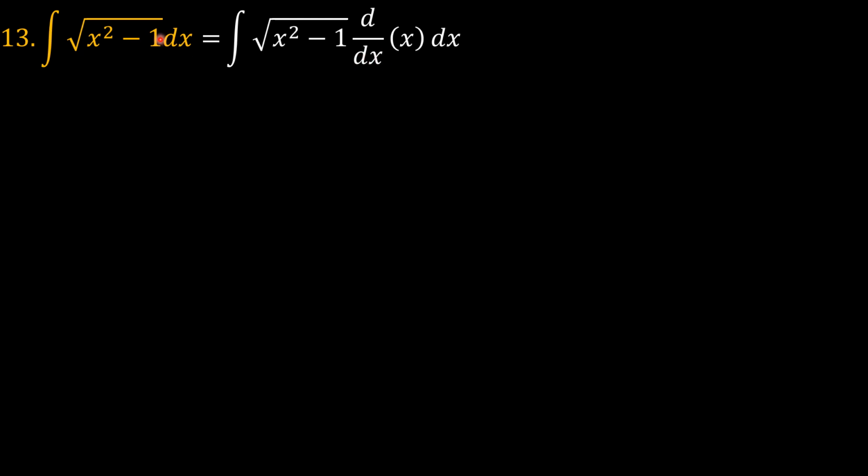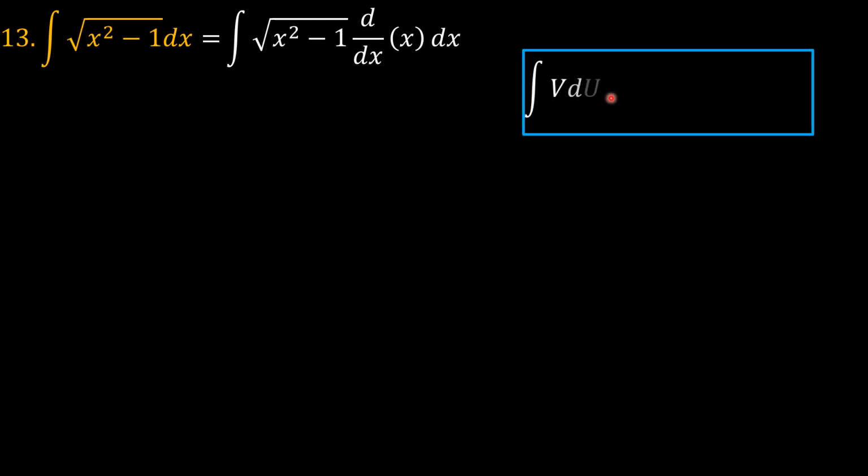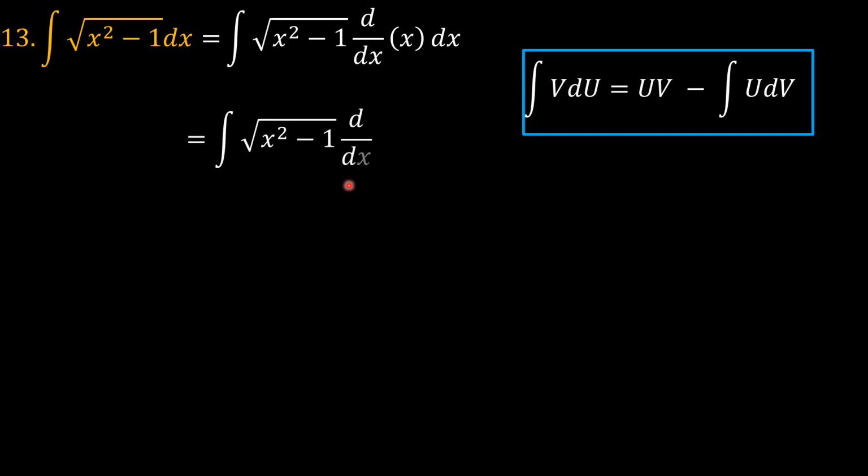The hidden one here is the same as the derivative of x, and knowing that when you have integration by parts as a strategy, when you have two functions u and dv being integrated, that is the same as uv minus the integral of v du. And so in our situation here, we have capital U as dx and v as the square root of x squared minus 1. And that means that now our integral is